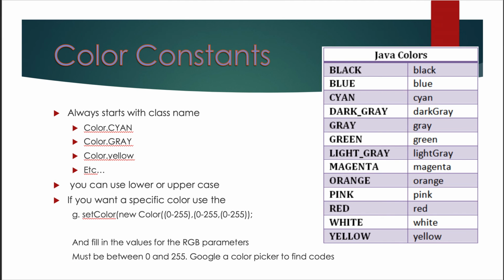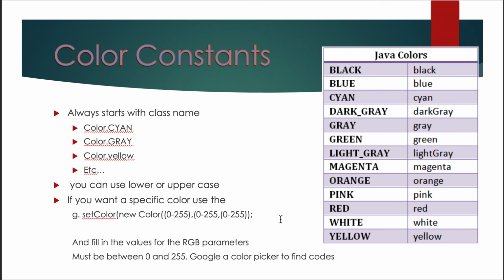I mentioned that there are color constants that are available. These are colors you can set by name. You always want to start with the class name, like Color.cyan or Color.gray. There's a table here on the right with all the available options, and for whatever reason, they give you a lower or uppercase version. They're going to give you the exact same color. Notice there's some slight differences in the naming convention, where DARK_GRAY has an underscore, and lowercase dark gray